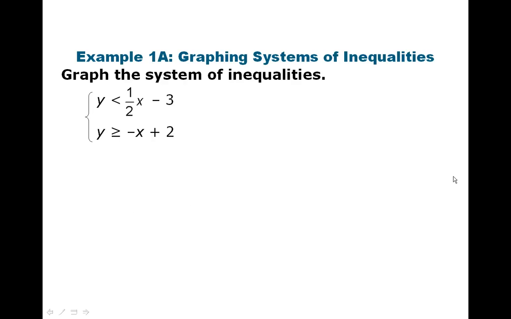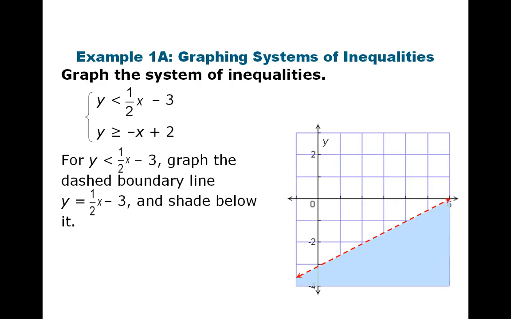So here's this system. y is less than 1/2 x minus 3, and y is greater than or equal to negative x plus 2. So we're going to graph the system of inequalities, which will really help you see what this solution will look like. So the first thing we need to do is graph the first equation. So the equation for this line, if we were just looking at the line for a second, would be